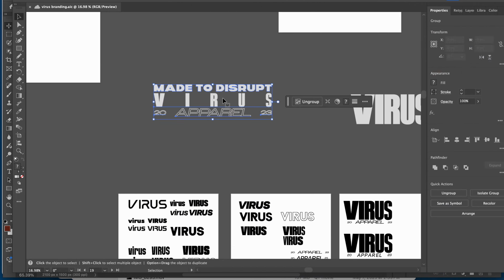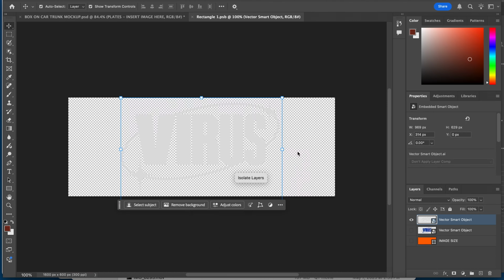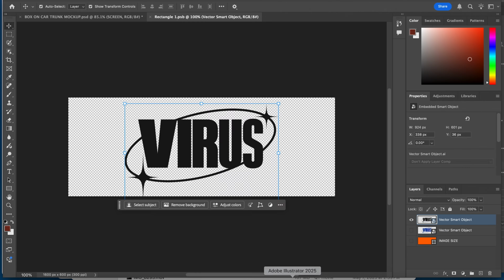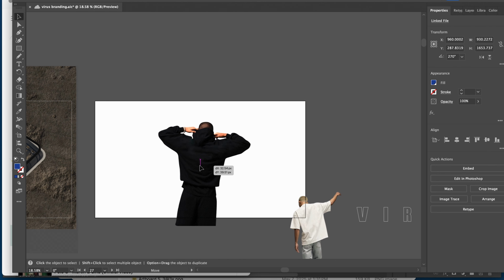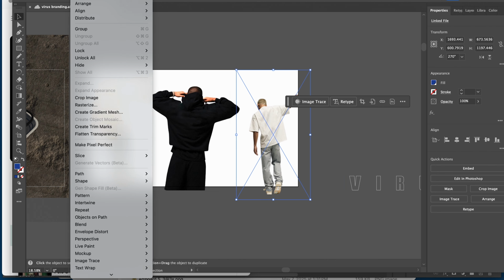This one was a bit different since all the box faces were combined into one layer, so I dropped the logo mark on the front, added in the tagline, which is "Made to Disrupt, Street Bred, Chaos Fed" on the side, and placed a secondary logo on the last panel. I also created one variation for the second box just to add a bit of contrast. And since the mockup included a customizable license plate, I threw the main logo on there too just to tie it all together.